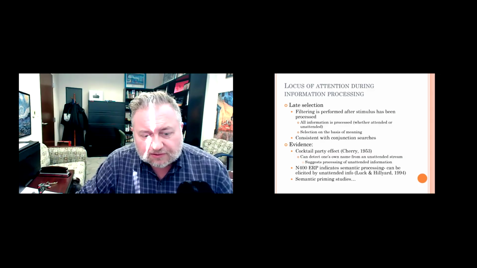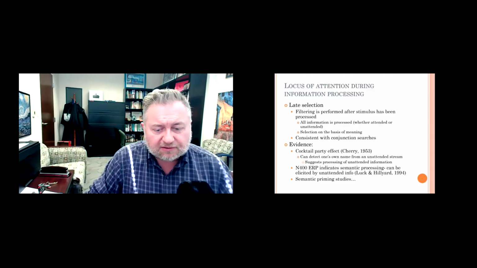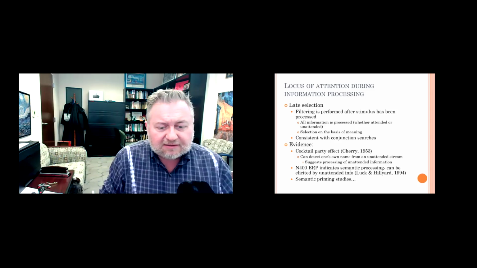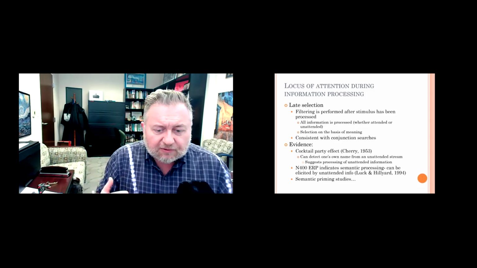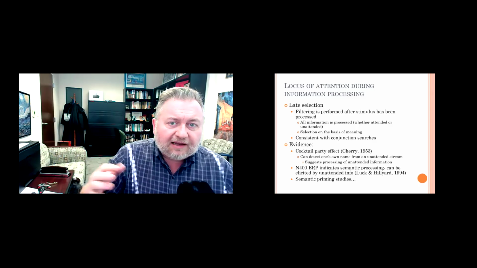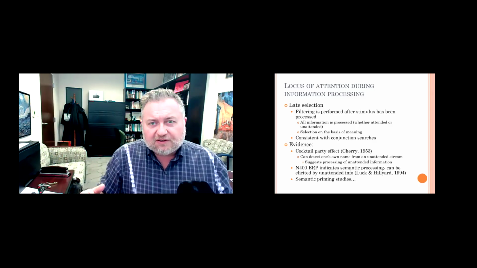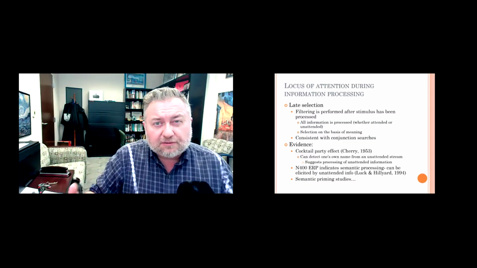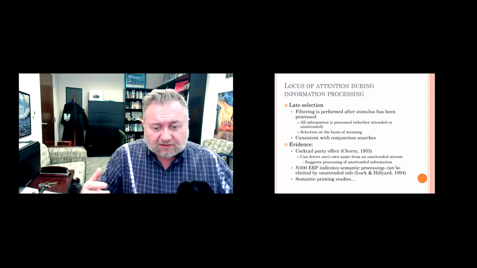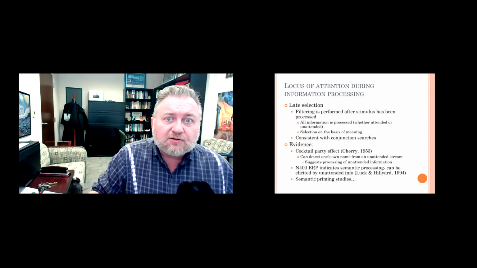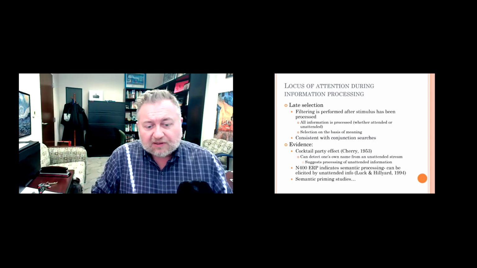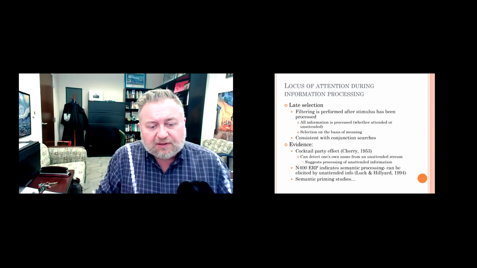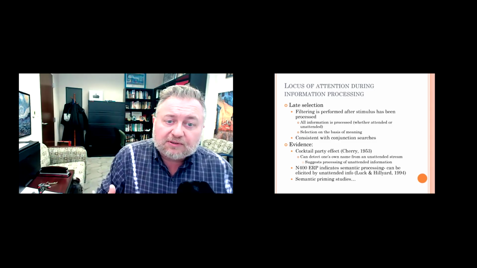Here's another way to look at this as well. We can do EEG research here. We don't necessarily want to dig into all of the details about EEG analysis, but there are certain flags that you can see in EEG research. By flag, I just mean you're looking at these waveforms of the brainwave activity, and there are certain signals that emerge that tend to be directly linked to specific kinds of cognitive processes. And they all have these weird names like N400, right? So the N400 ERP is short for event-related potential.